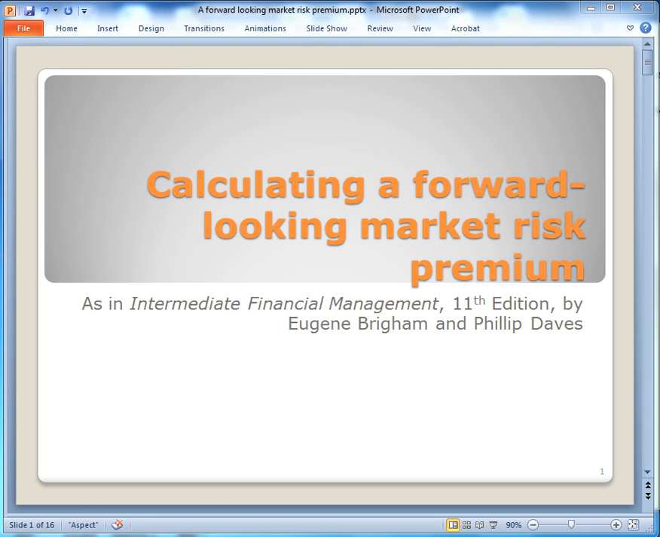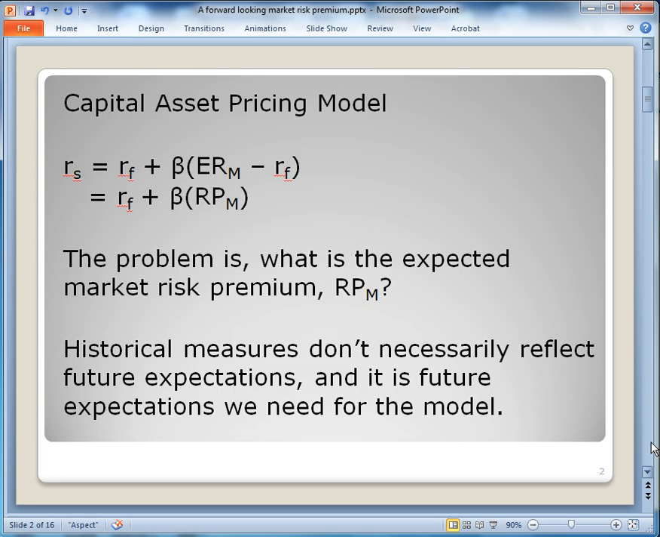In this video, I'm going to calculate for you a forward-looking market risk premium for use in the capital asset pricing model. Now, the reason we need such a thing is because the capital asset pricing model, as you probably know, gives you on the left-hand side the required return on a stock, and on the right-hand side we have